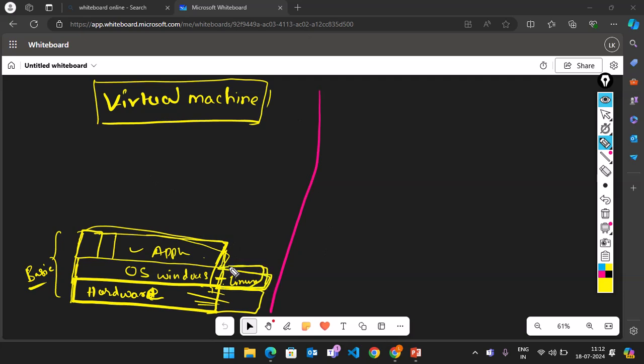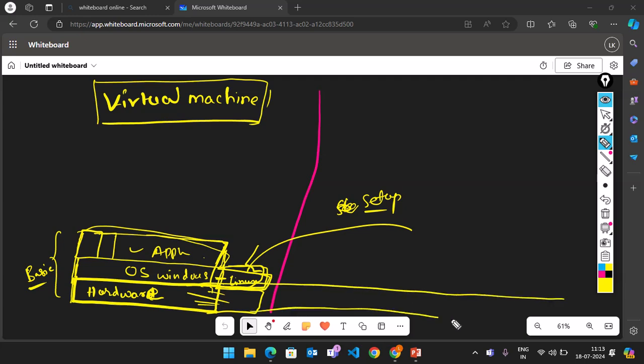For this, what kind of setup you need to do is, based on the same hardware, on top of this machine you will install